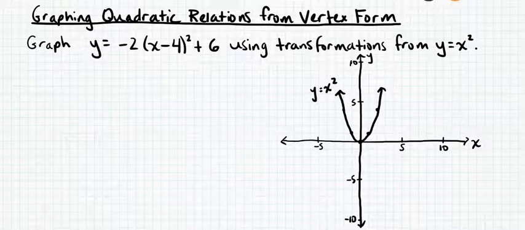When you do transformations, ideally you want to apply the transformations in the order that they show up in the equation from left to right. The most important part of that is that you are saving the translations, so the shifts to the left and right and up and down, until the very end. If you apply the transformations in the order they show up from left to right in the equation, then that should happen automatically. So you want to make sure that any stretches,